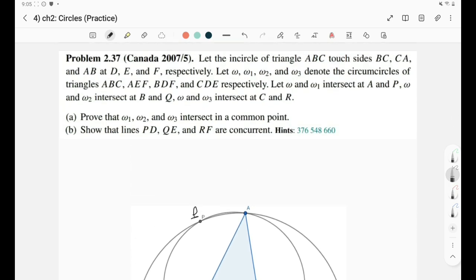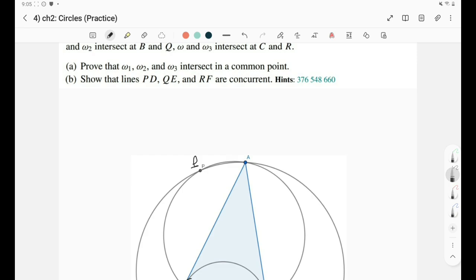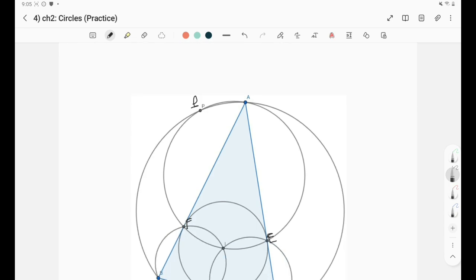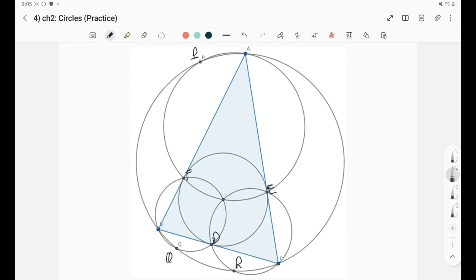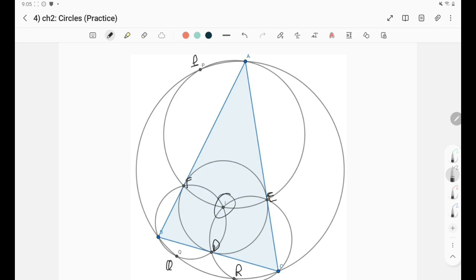Okay, part A is telling us to prove that omega 1, omega 2, omega 3 intersect at a point. Well, looking at this diagram, it's a piece of cake. Clearly, they all intersect at I, right? And the proof is also a piece of cake, very easy. We just need to show that point I lies on the 3 circles. So how can we show that point I lies on this circle, omega 1, let's say? We just need to show that A, F, I, and E is cyclic,